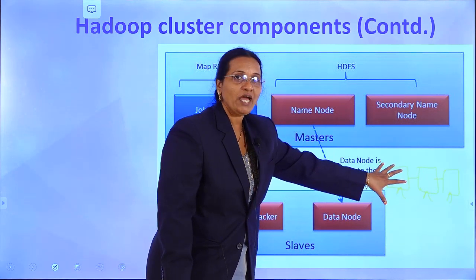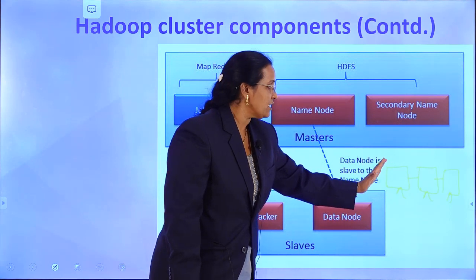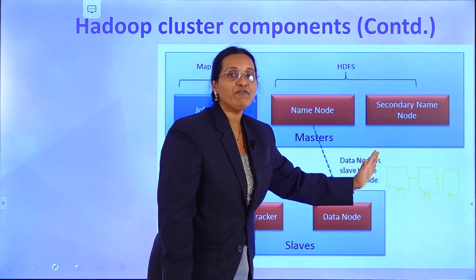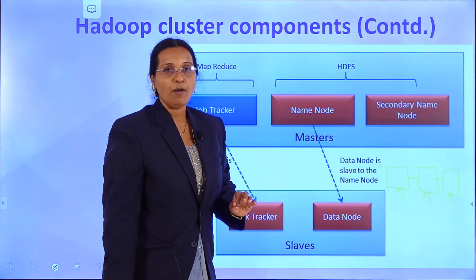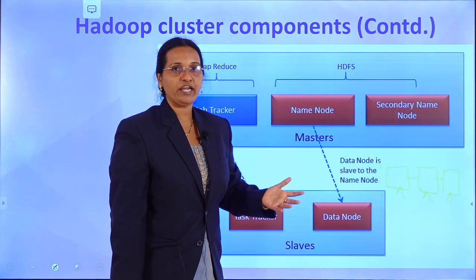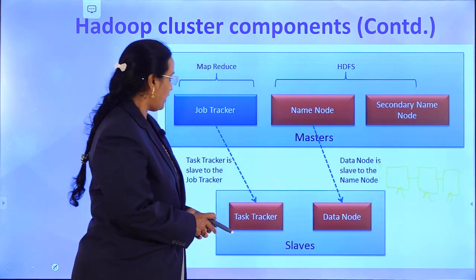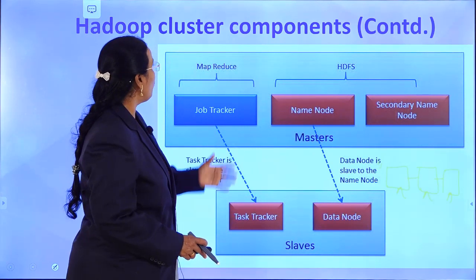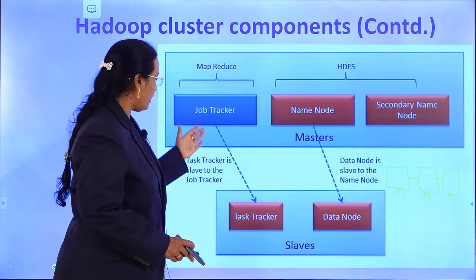The data will not be corrupted, because in Hadoop replicas are maintained by default, and the default is 3 replicas. But if you want to extend the replicas to 10 or 15, you can do it in the configuration files that we are going to see in the next session, right? So in this fashion the Hadoop core components will work, that is the name node, job tracker, task tracker